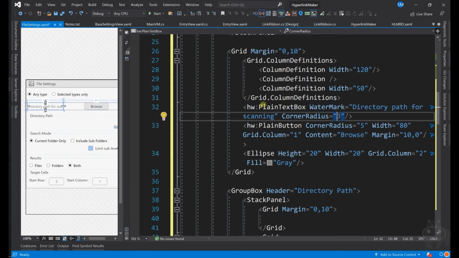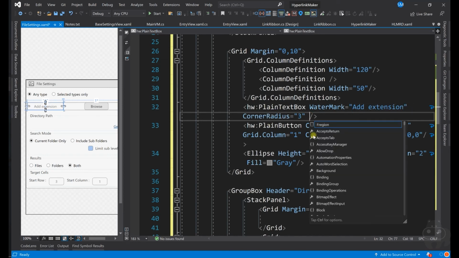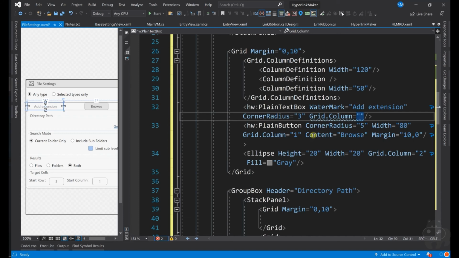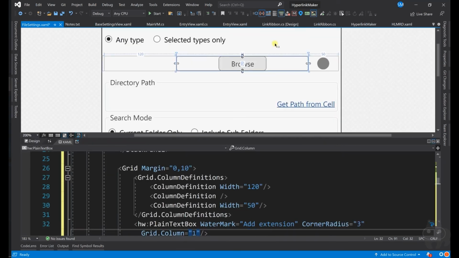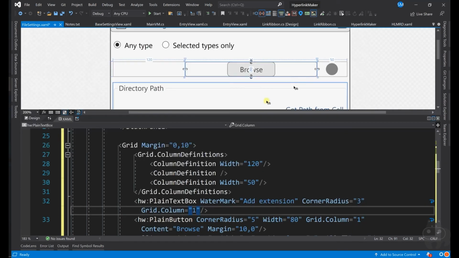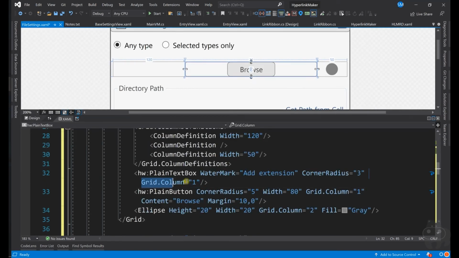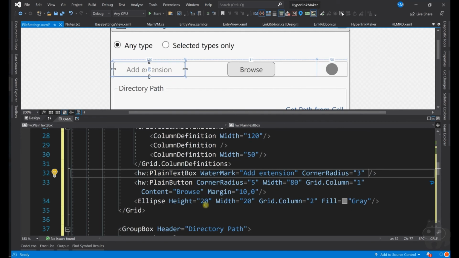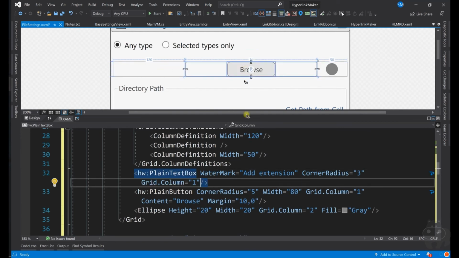So this plain text box where you say add extension. So this one goes to grid dot column first column. So let me split it like this so you can see what's happening. So the moment I add this column, it goes into the middle, and the button should go into the right hand.